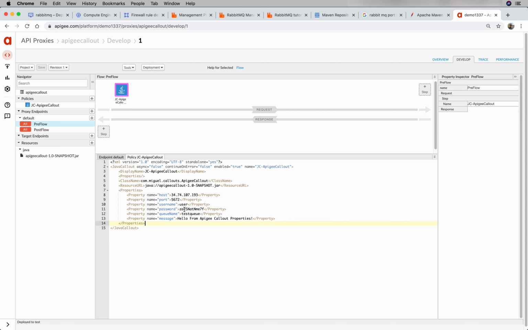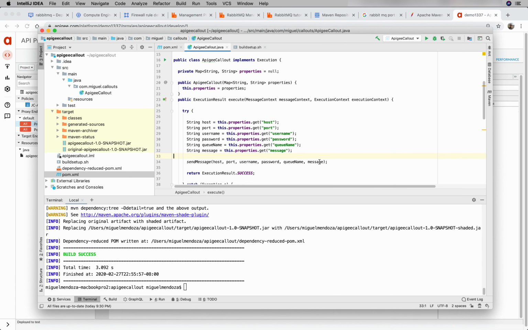read them in here. For example, if I wanted the message to come from a query parameter, I could go into the Java code and change this to, instead of reading a property, use the message context itself. And from the message context, we can use get variable. And to get variable, we just pass the name of the flow variable. So in this case, to get a query parameter, I would do request query param, and then the name of the actual query parameter. So we could use message, for example, and this would work fine, but it's still not